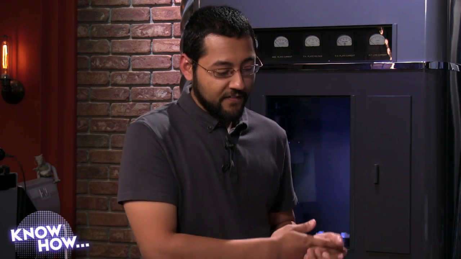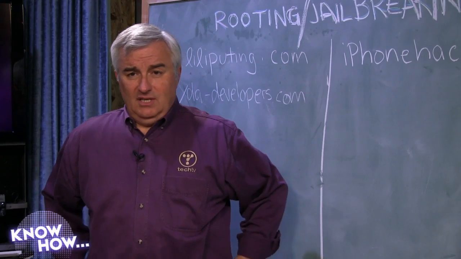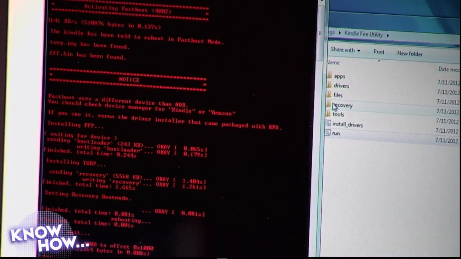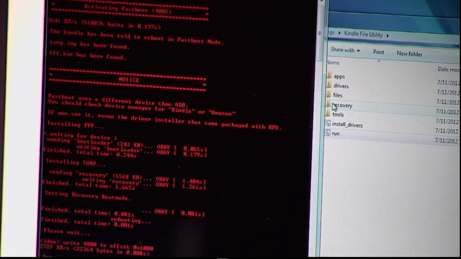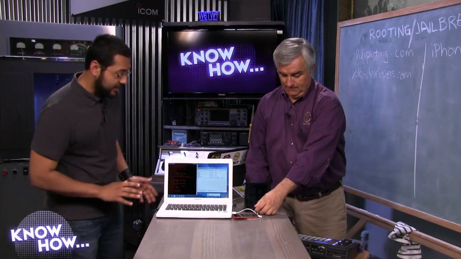And right now, the Kindle Fire is loading up stuff, or it's booting up. So we're going to leave everything alone. What this basically is, just so you know, it's a batch file. Yes, it is. That's exactly what it is. It's running a DOS batch file that runs the commands successively, one after the other. And so it's installing various software onto the Kindle Fire so that we can root it. And this is the Kindle Fire utility. That's what it's called. And again, this is free. It works really well and has a whole bunch of extras involved.